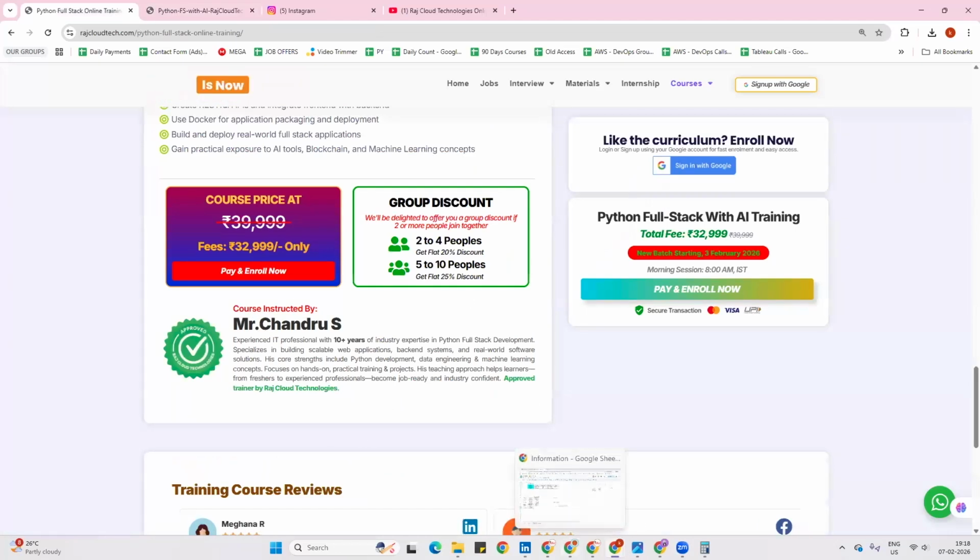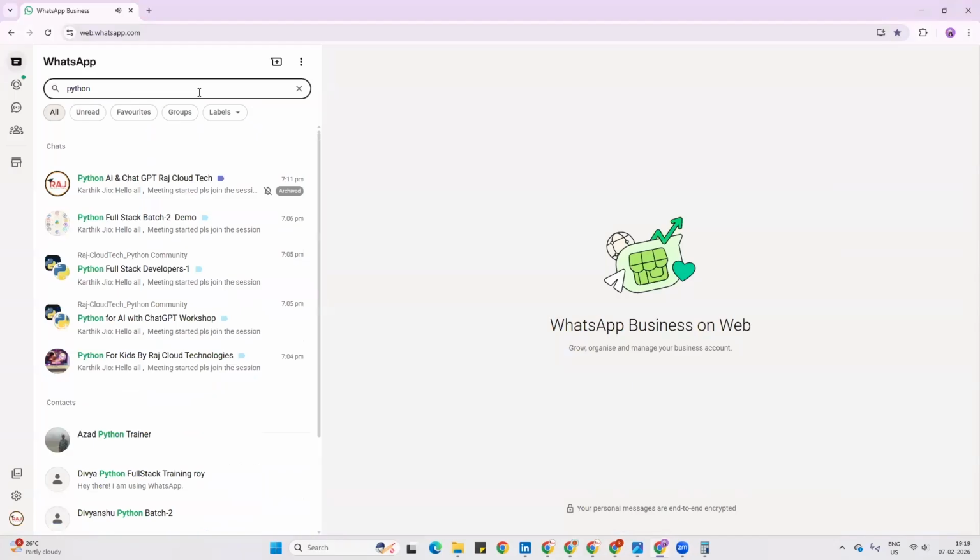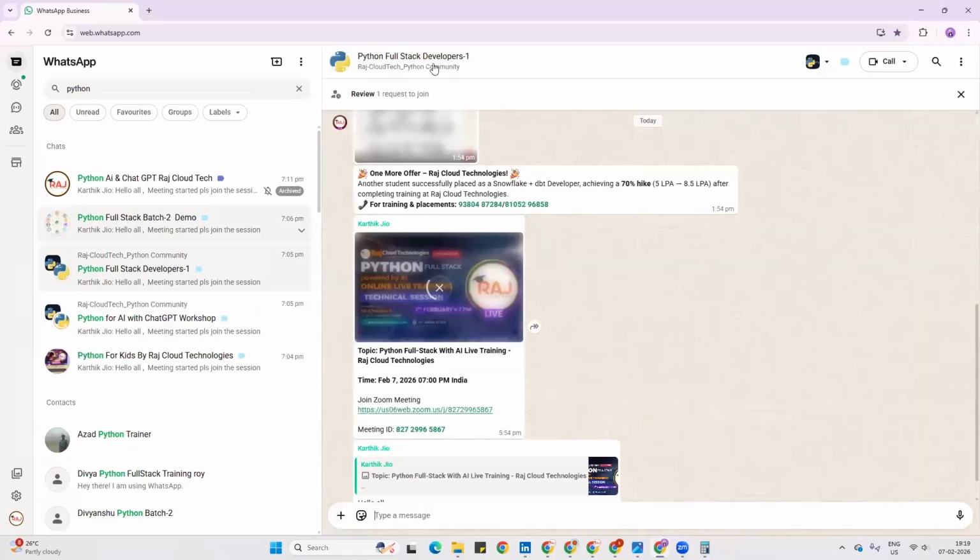And I'm going to share something with you now. We have a Python full stack group. You can see here Python for AI and ChatGPT workshop, Python full stack developers, Python full stack batch 2. So many groups we have.